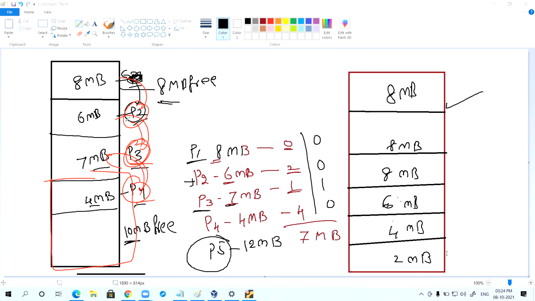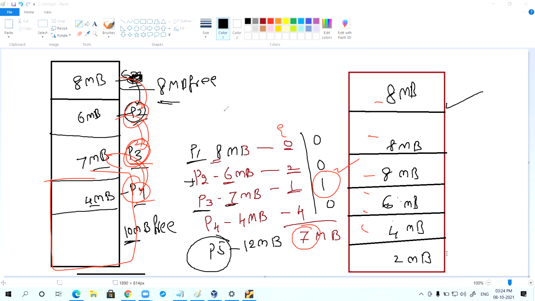Will you agree that in the fixed partitioning method, fixed equal size partitioning, there is a lot of internal fragmentation? To overcome that, fixed unequal size partitioning has less internal fragmentation compared to equal size, but it is still there. To overcome that, they introduced one more policy, dynamic partitioning. In dynamic partitioning, one problem is solved: the internal fragmentation problem is solved.